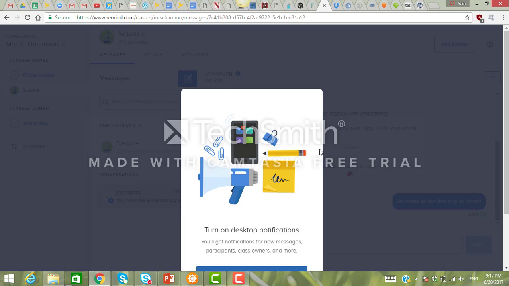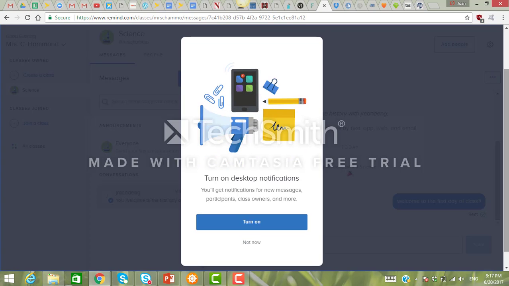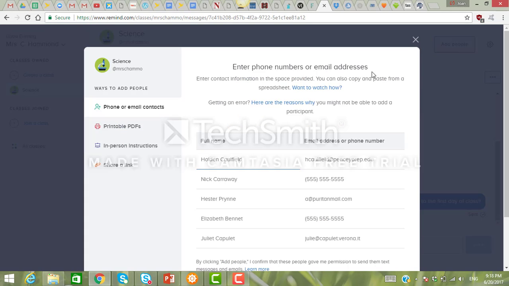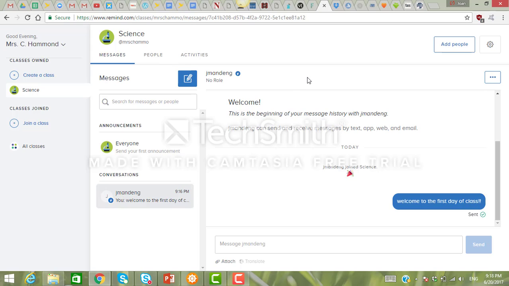You send the message, and everybody that is in the classroom will receive that message, but it won't be coming from your cell phone. It will be coming from an unknown email, unknown number. And over here you can add the numbers, you can add people. So that's a very, very great tool that I really